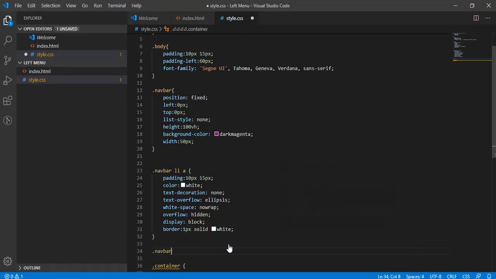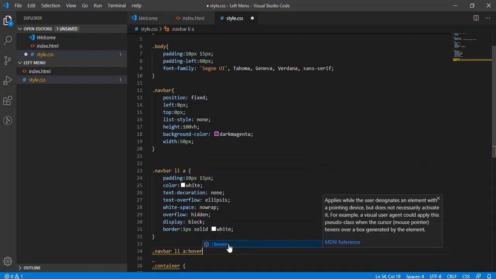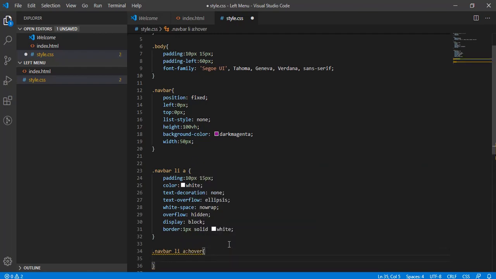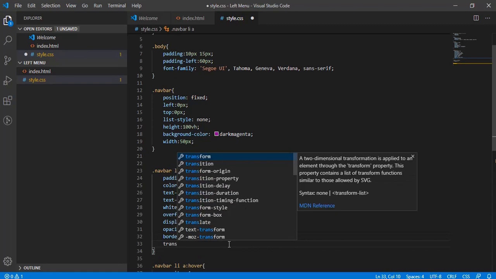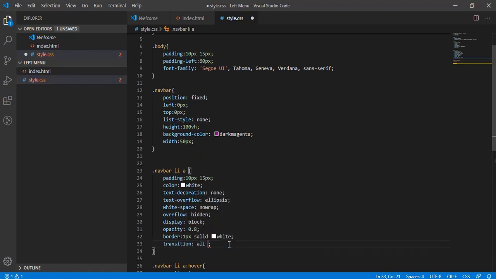On hover, let's have opacity 1, which is already 1. So let's reduce some opacity here, and add some transition for all the properties within 0.4 seconds in ease mode and without any delay. So okay, you're getting some impact, but